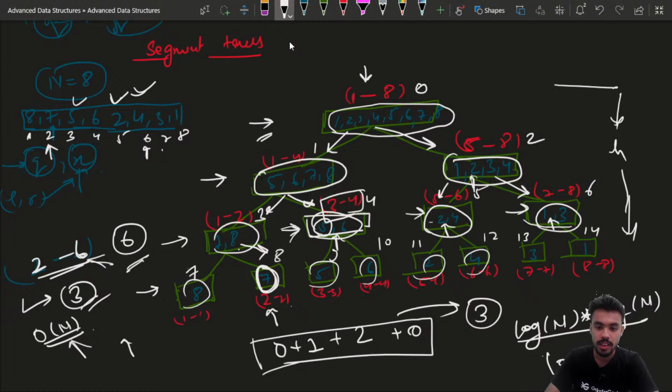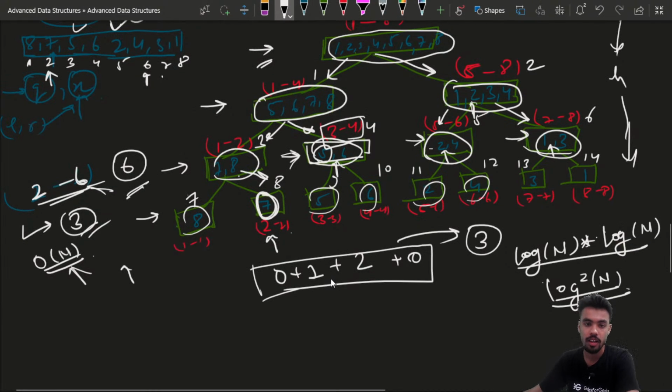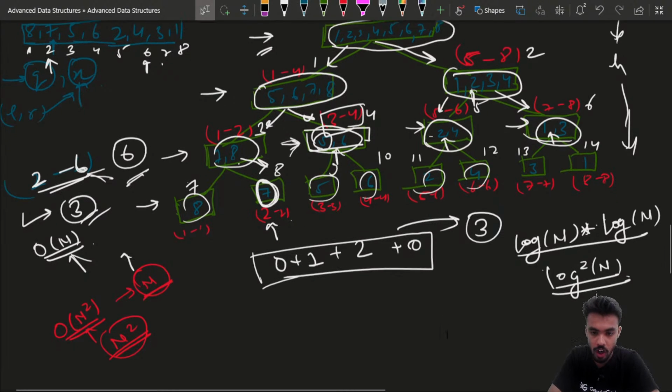Now some people might get confused and think that this is taking order of n square space, because at every node we are storing a vector, and the worst case for the vector can be of size n, and that's why we would get n square as the space complexity. But this is not the case. If you closely observe here,